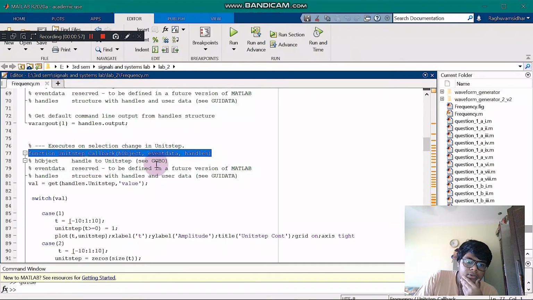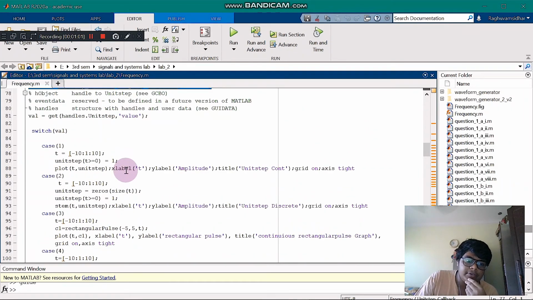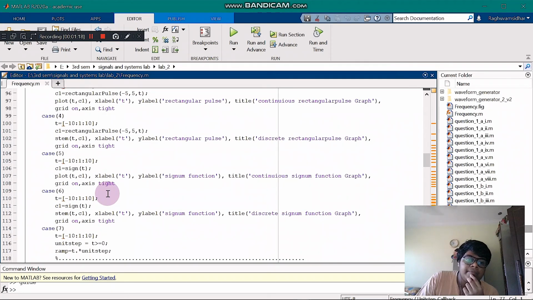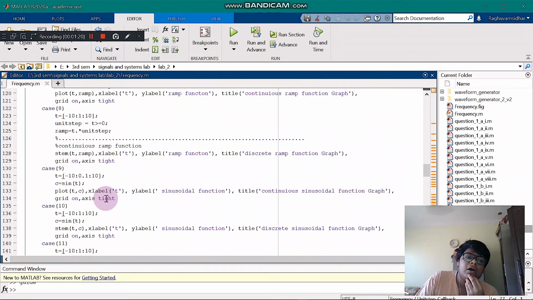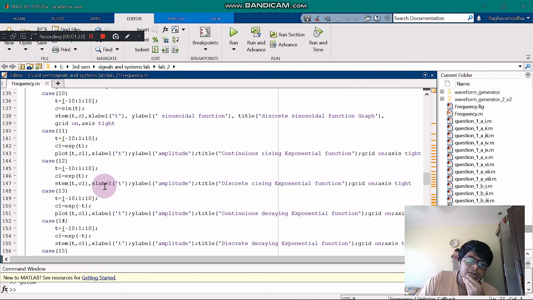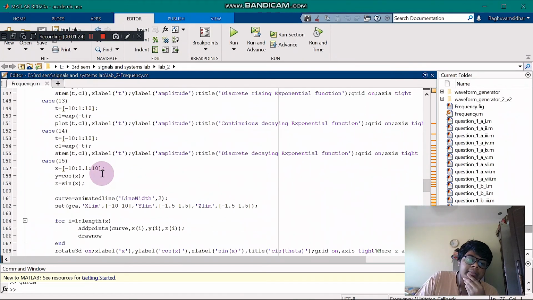You'll get a code, meaning if that thing is clicked, what should happen. We can code it. I have taken that it will take a value for the curve. If we enter the first curve, it will plot unit step, and so on. Similarly, I have plotted all the curves in question 1 part A and part B.